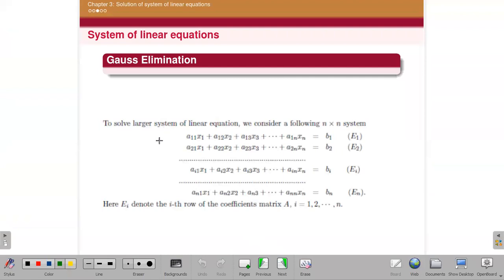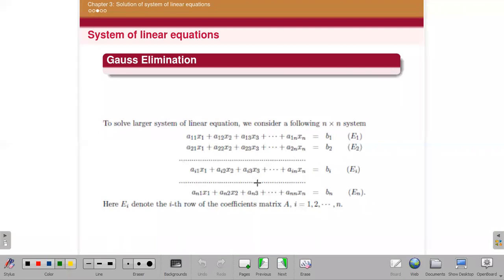To solve a larger system, obviously, if you have, suppose, 10 equations in 10 unknowns, then your analytic methods will fail, means Cramer's rule, matrix method, and the substitution method, which are basically easy for two equations or three equations in three unknowns. But if you have a larger system, then you can apply these methods here. So this is the benefit. Here Ei denotes the ith row of the coefficients. Means if I write E1 row, E2 row, E3, you can write it in matrix form also.